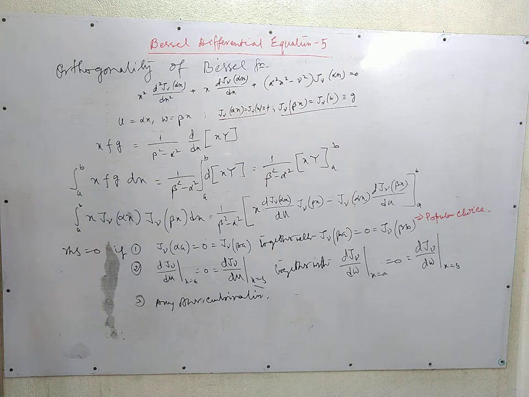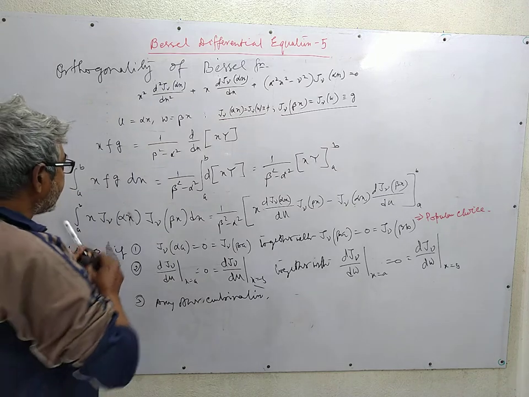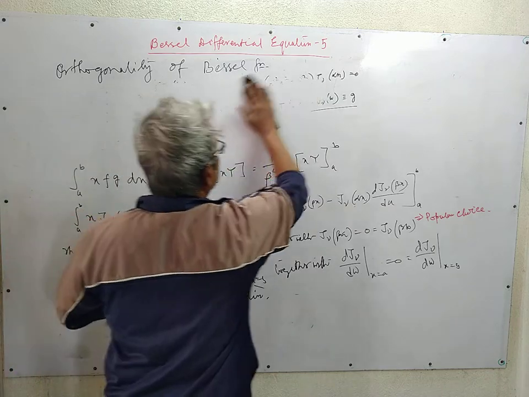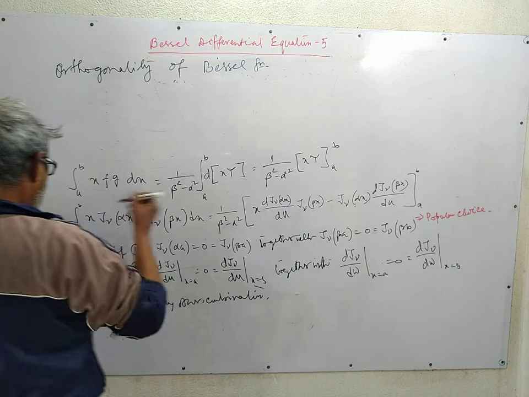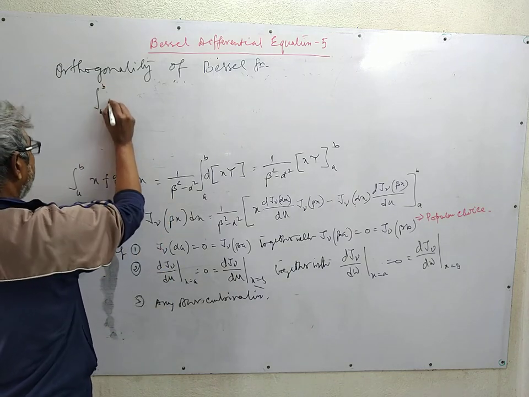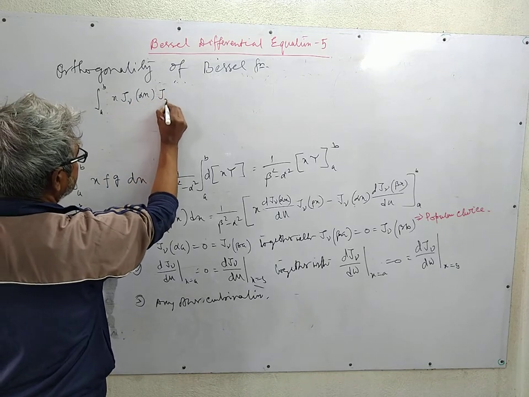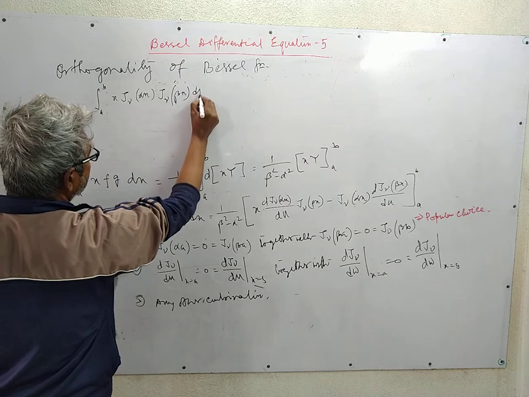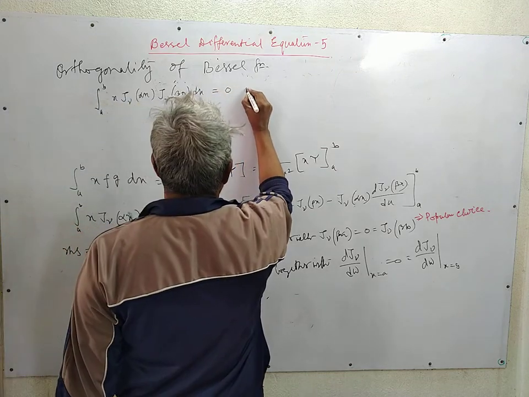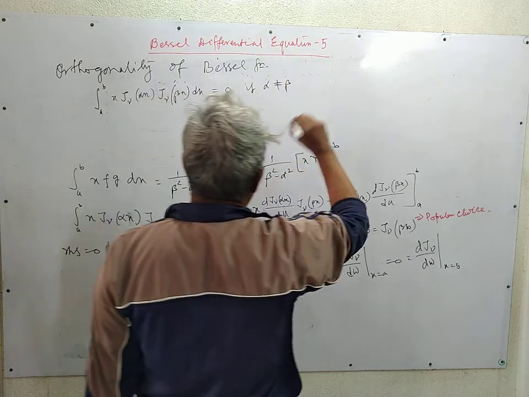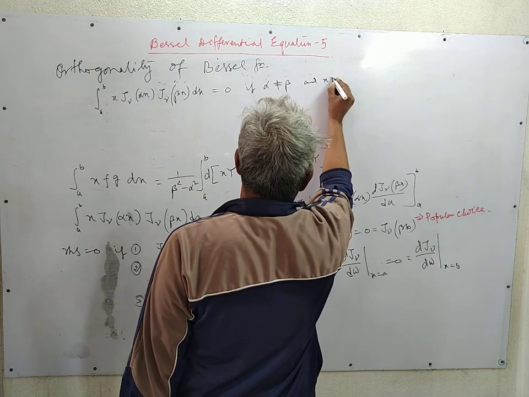So we have established the orthogonality of Bessel function of a particular order with respect to different arguments, and our task is to find out the normality condition. So what we have then is this relation: integration from a to b x J_nu(alpha x) J_nu(beta x) dx is equal to 0 if alpha not equal to beta, and x is equal to a